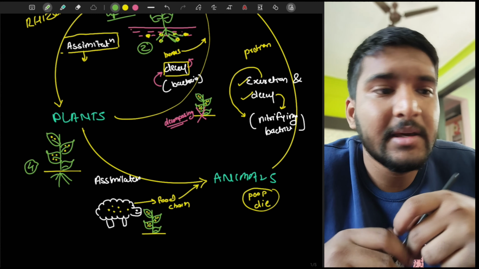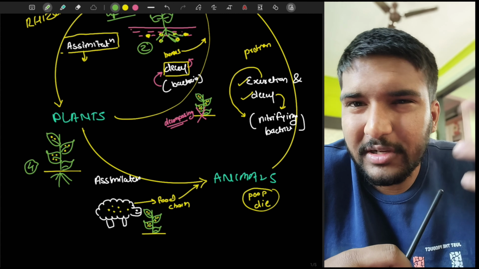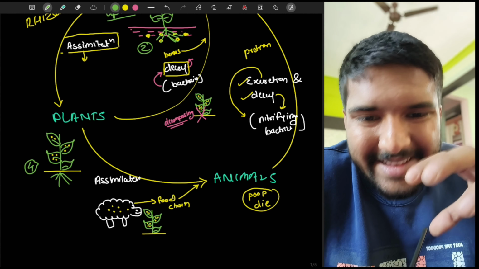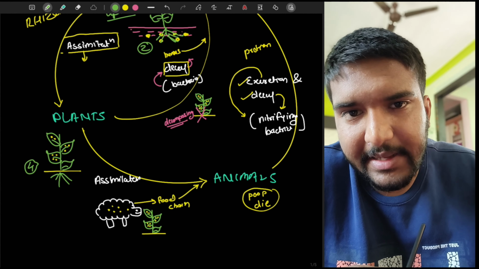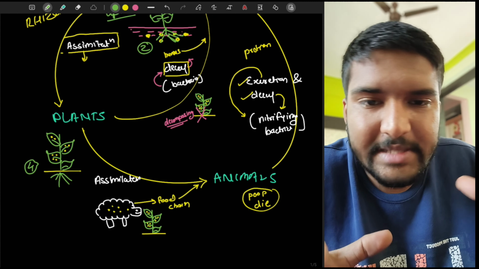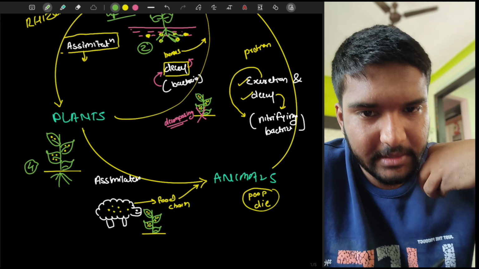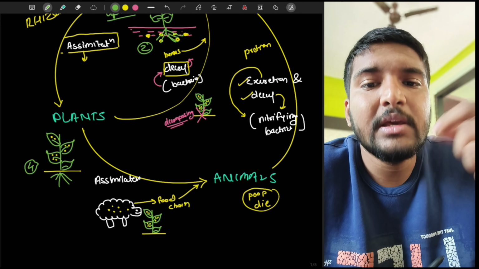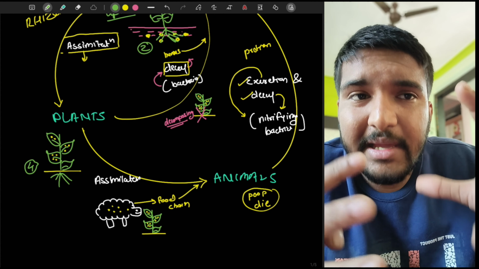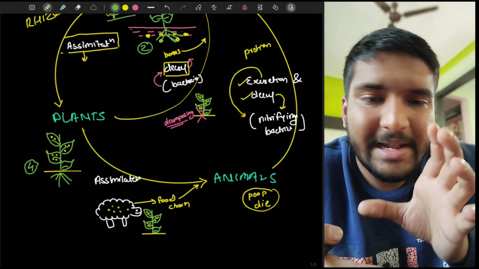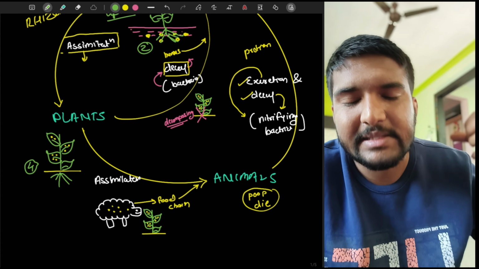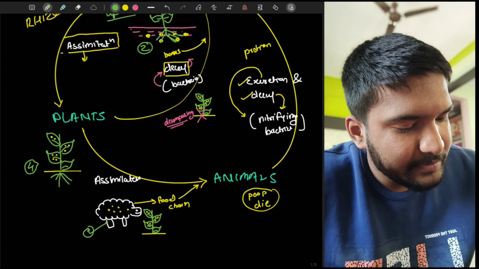And the second thing is that a sheep or a goat or a cow or a buffalo or a horse comes and eats it. So an animal eats the plant. So this is the second scenario. Or let's take an example of a human. Humans eat leaves, and then it goes into their digestive system, and then again this complex molecule that the plants have made is broken down into smaller pieces, and then it is assimilated by our digestive system as well.